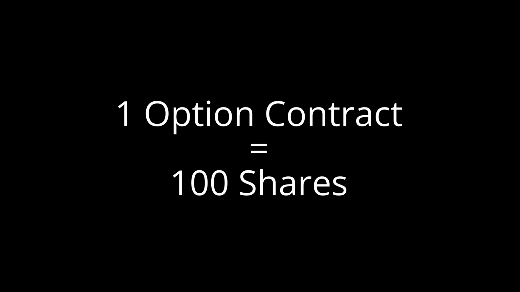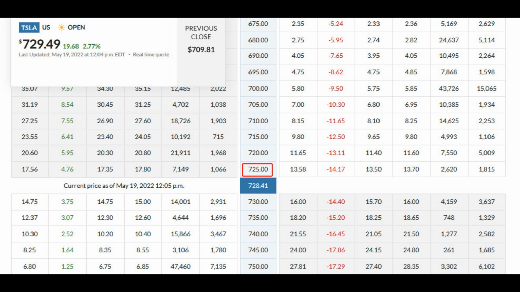The important thing to keep in mind is that each option contract typically controls 100 shares of stock. So, if we go back to the Tesla options chain, the last price listed is the price you would pay for each of the 100 shares you would control if you bought this Tesla call. For example's sake, let's say you bought one call contract at the 725 strike price for $17.56. This would cost you